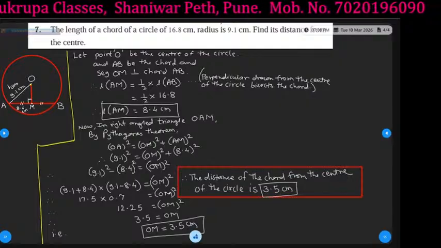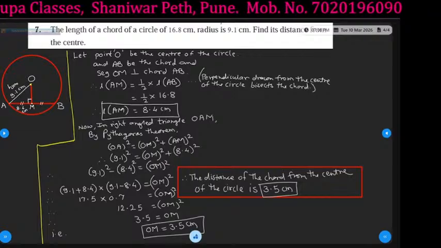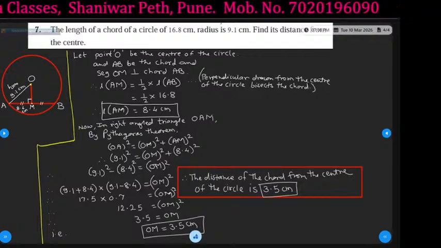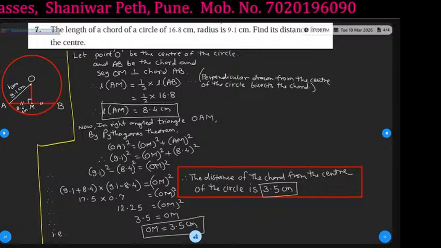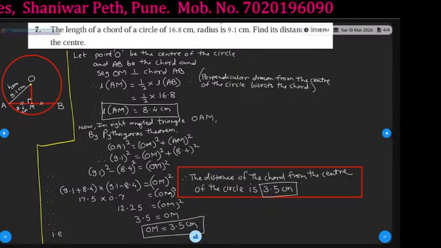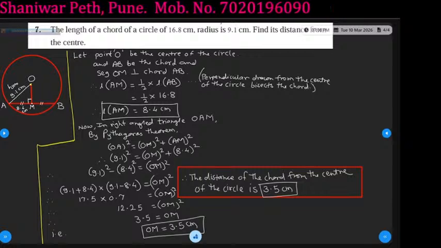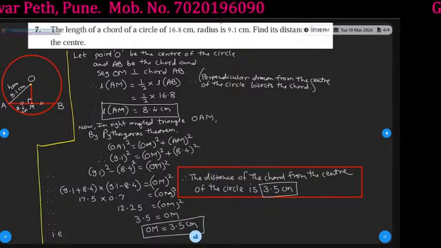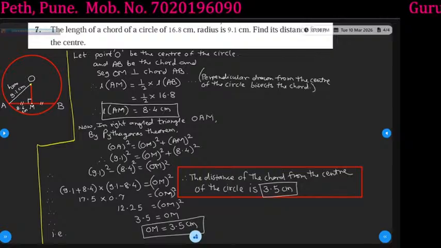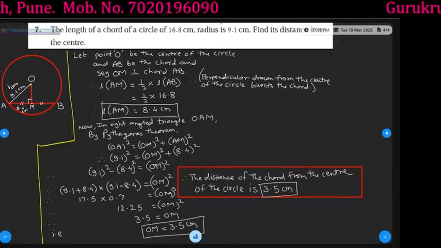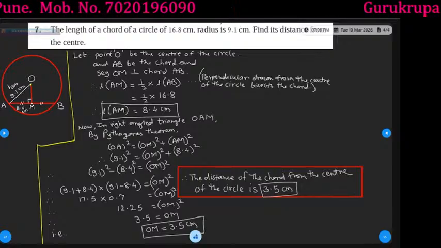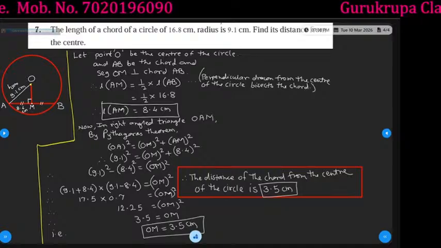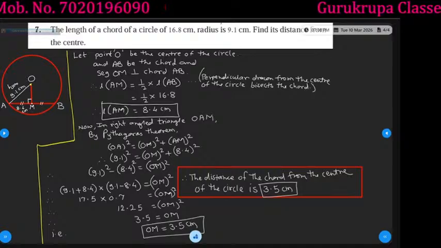This is the sum. 3.5 centimeter. OM is the perpendicular from the center to the chord, which is the distance. It is also called the distance of the chord from the center. I hope that you got the idea by drawing the figure how to solve this sum. If you draw the figure, we get that a right angle triangle is formed, and by using Pythagoras theorem,